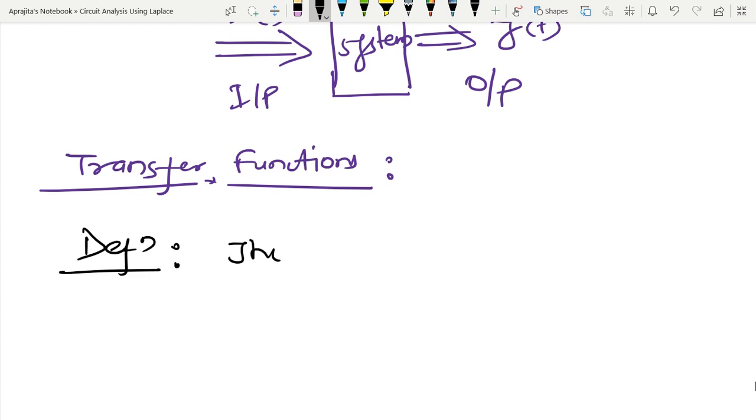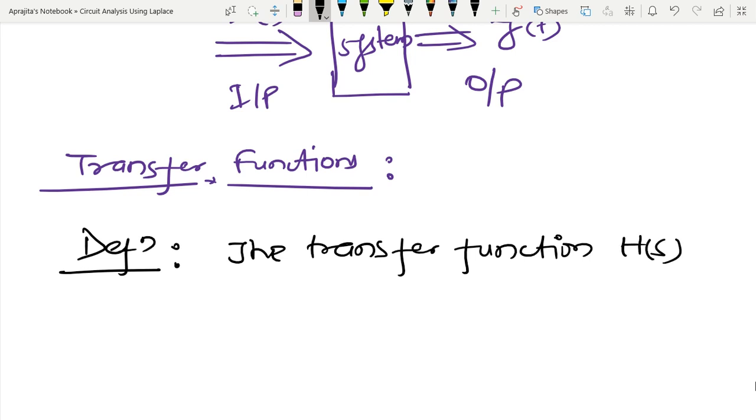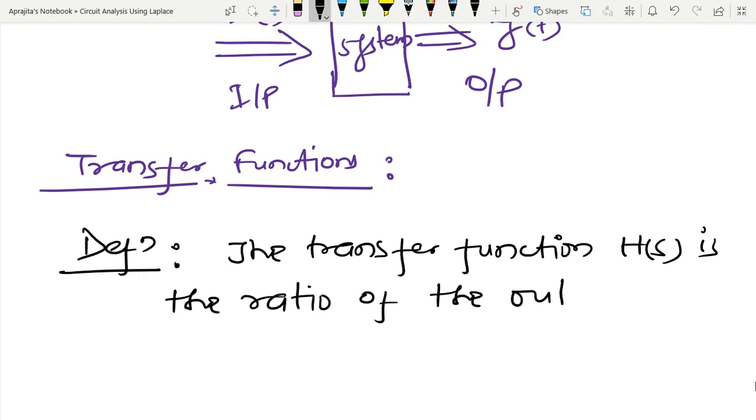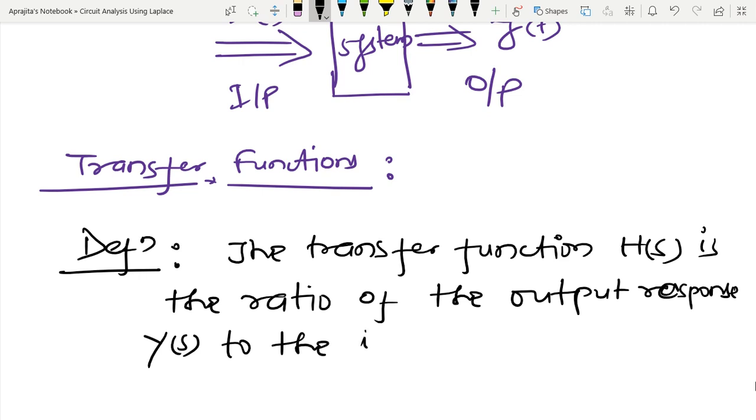So the definition is: the transfer function, and most of the time we denote it like H(s), is the ratio of the output response, suppose the output response in S domain is represented by Y(s), to the input excitation,